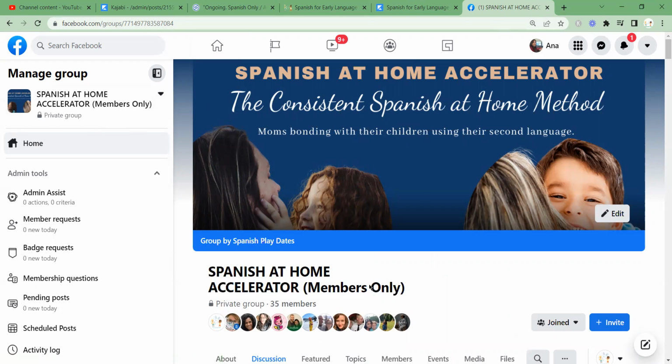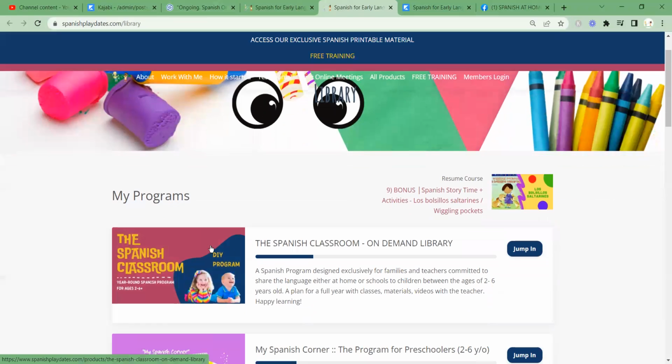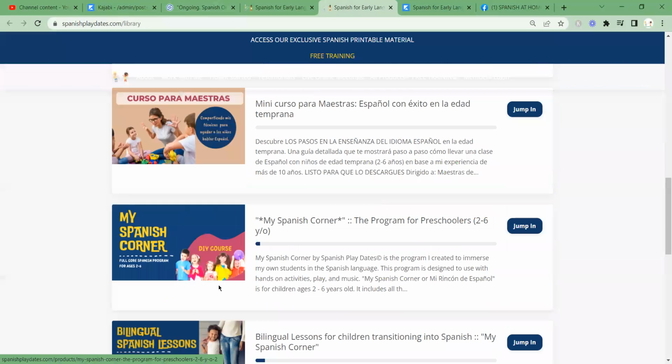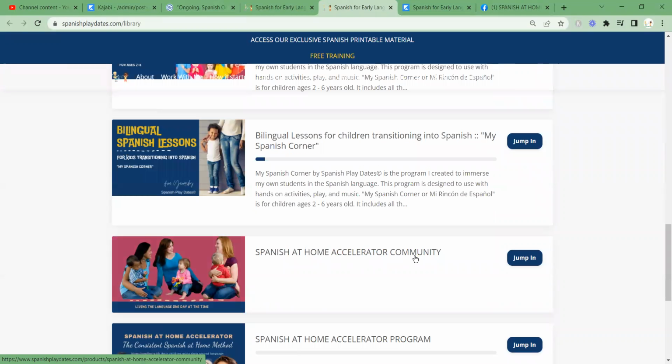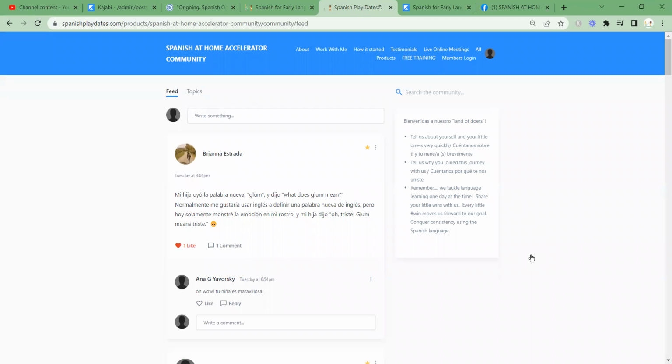Now, this is one of the ways how you can do it. Everybody can see it here. Or you can also go back to the platform, and then you can access the Spanish at Home Accelerator community. It's kind of a private Facebook group, but it's inside of our platform. Okay, so you jump in, and you also have the option to upload questions,